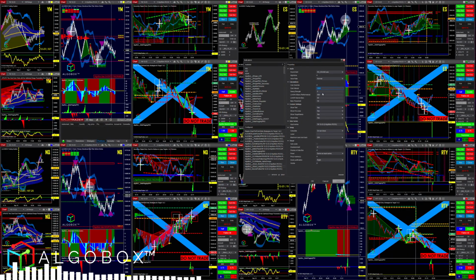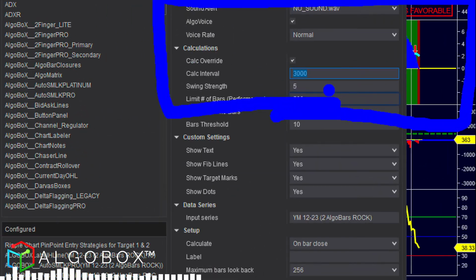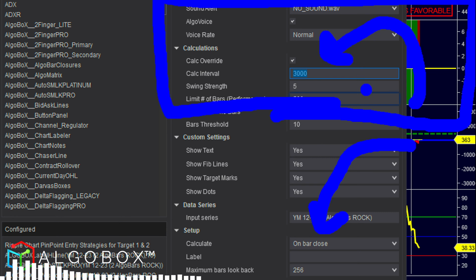This is in milliseconds. So yes, it will recalc after a bar close, whatever you've got down here, so be careful that you have that set properly. But it will also check to make sure that it has been at least 3 seconds in this case, because we have the calc interval set to 3 seconds. Again, you can change that to your heart's desire. This is for those of you who have slower machines, or if your machine is having some issues, we've got this to do a double check, so it will not run the code logic